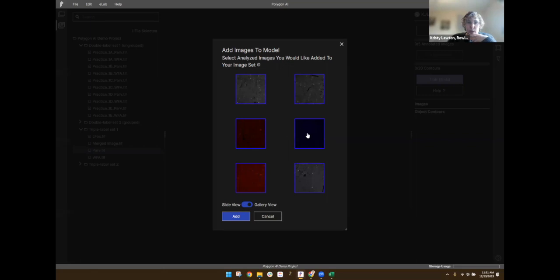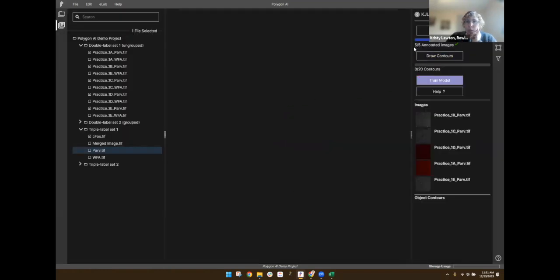So I need to unselect that one, this CFOS here, because when you're training a model, it needs to be a model trained to one specific class. So like one cell type or one biomarker, whatever it is you're looking at in your image. It doesn't have to just be cells. Okay, so I'm gonna add those. And it'll show you how many images you have up here. 5, now that you've met the minimum of 5, you can move on to the next step, which is drawing